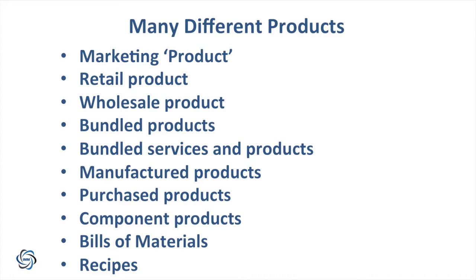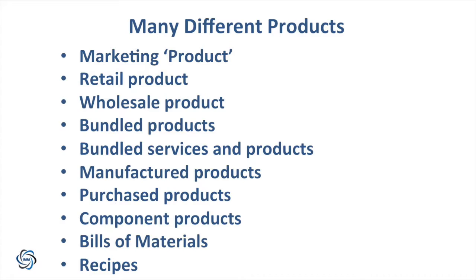that they sell to the general public, but they'll also have a concept of wholesale product that they sell to wholesale distributors. There'll be bundled products where they put together products into bundles, usually for wholesalers, and I've seen this done with breweries where they sell barrels of beer together with bottles of beer, possibly to small festival outlets. So they have a whole bundled product that's at a special price for special occasions.